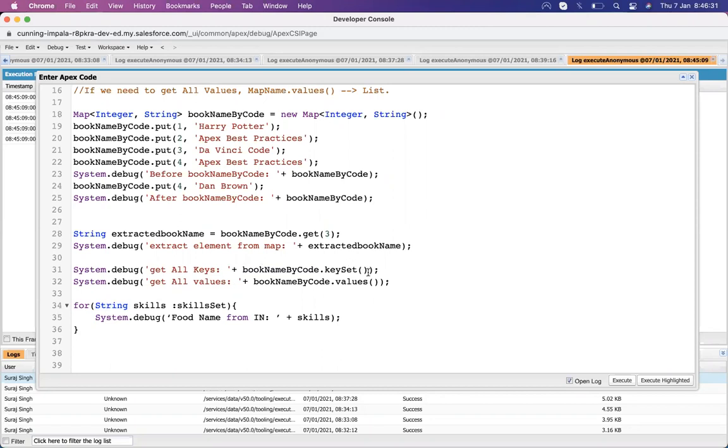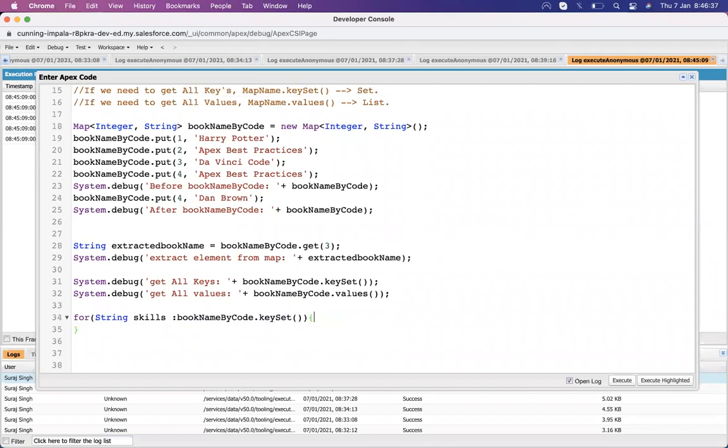Since we have a set of elements, the key set, and the key set has a data type of integer, it will be integer. And we need a variable name, and since it contains the book code, I will write book code as the variable name.